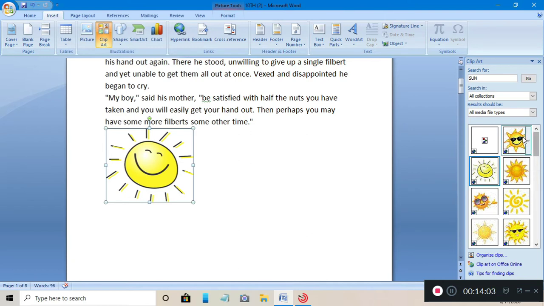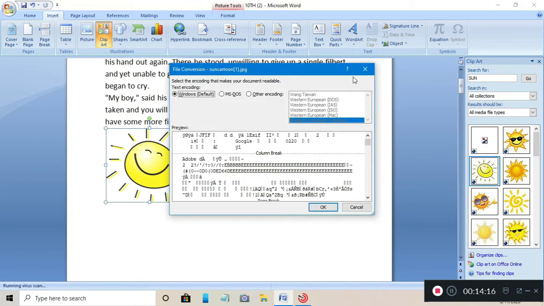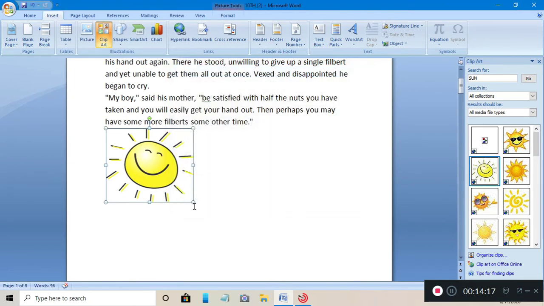We click on that clip art and easily drag it to the location where we want to paste it. So this way I have pasted this clip art in our document.